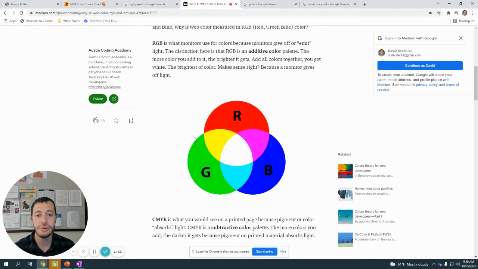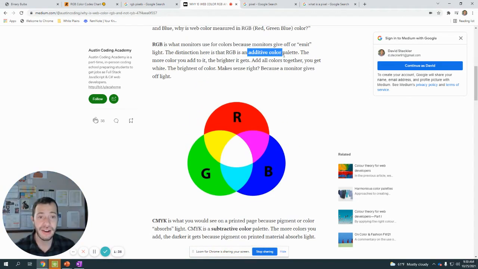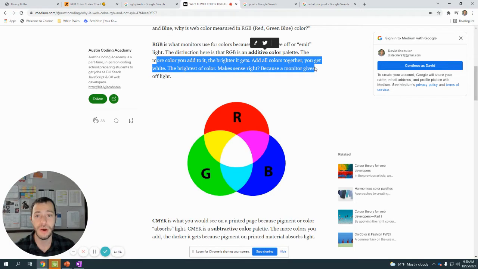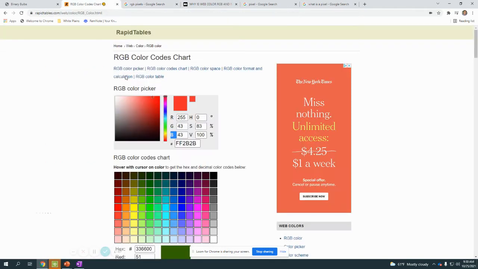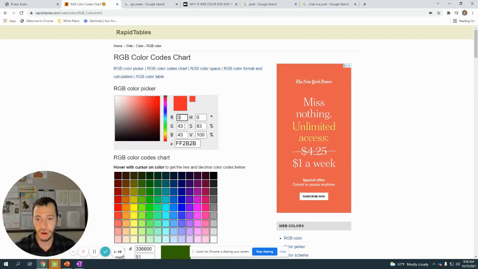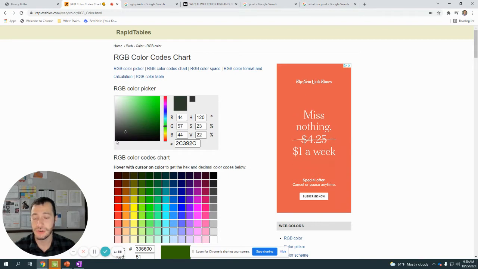We need to be able to add the colors using an additive color palette, where the more color we add, the brighter it gets. So we can add colors together and we'd get white, and where we don't have any of them, we'd be able to create black. So using the additive color model of RGB, if we set all of our values to 0, 0, 0, we would create the color black, and the closer to 0, 0, 0 we are,